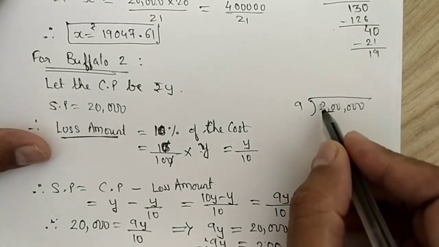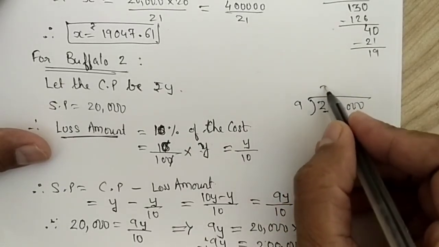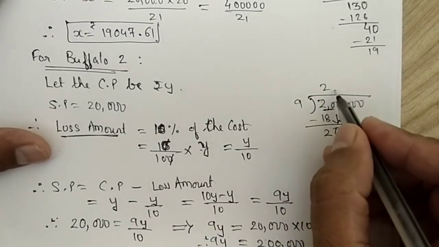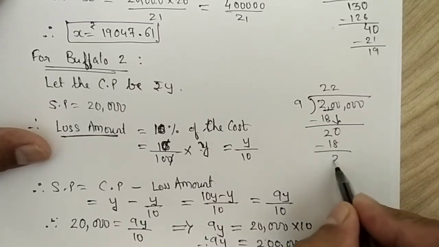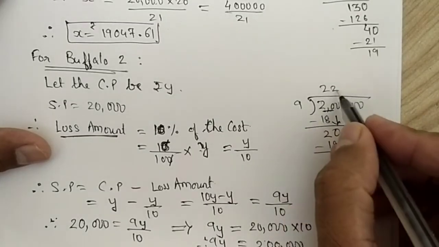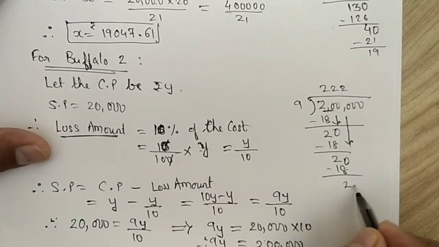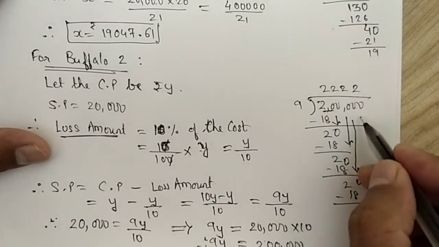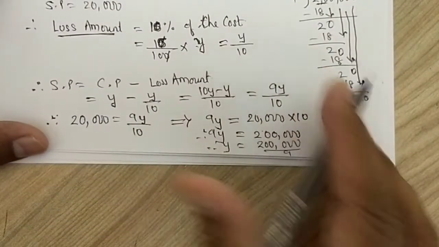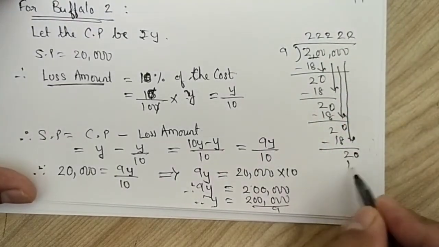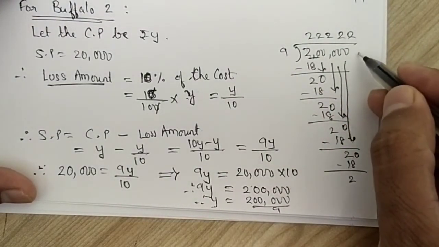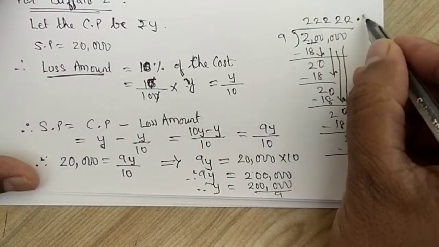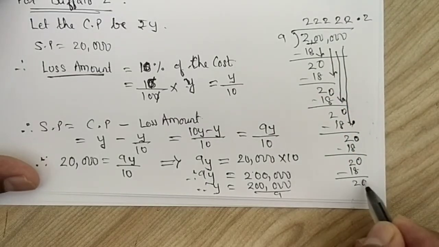First we will take two numbers because 2 is less than 9. So 9 2s are 18. We will get 2 as remainder, taking 0 down. Again 9 2s are 18. Again 2, taking 0 down, 9 2s are 18. Again 2, taking the last 0 down, we will get 20. So 9 2s are 18. Again 2, but right now we don't have any 0, so we will place a point. For that we will get 0. Again 2, 18 and so on.